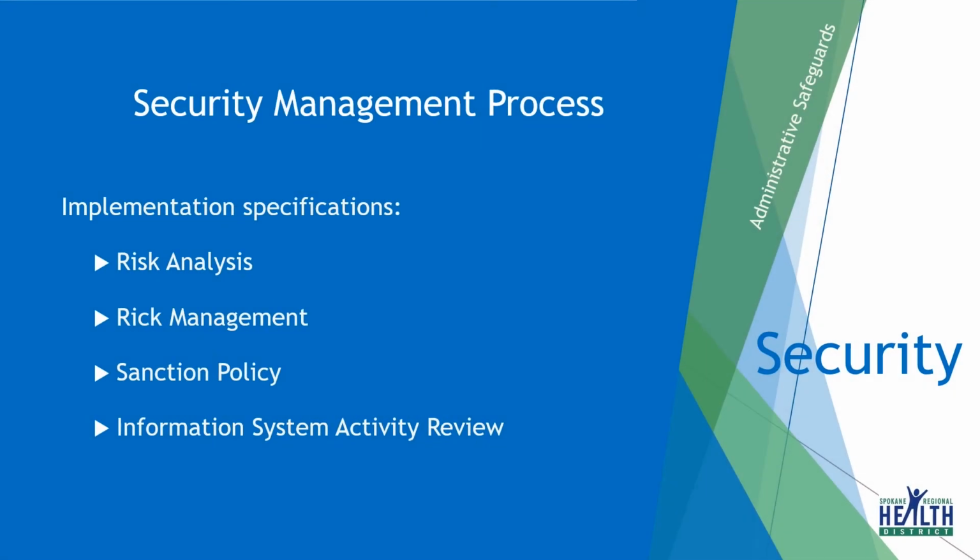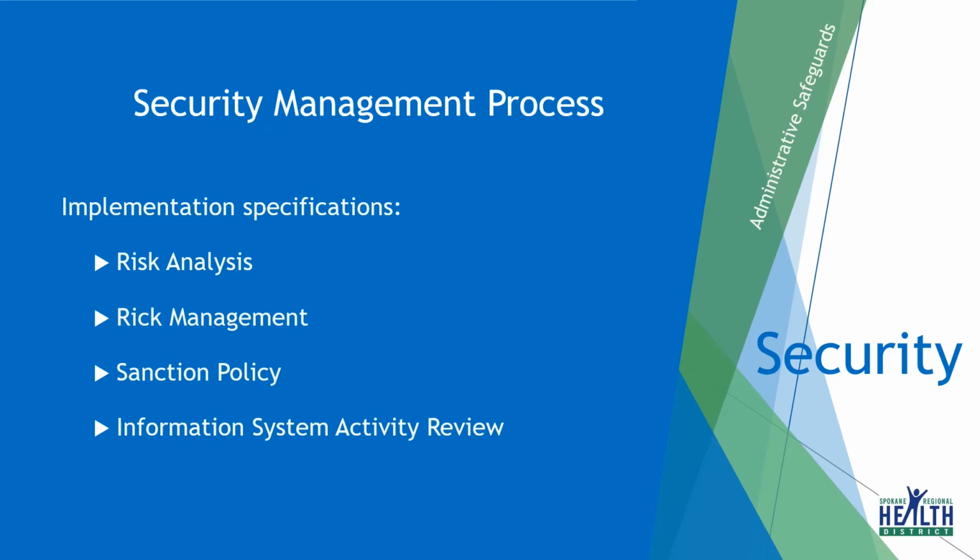There are 4 implementation specifications in the Security Management Process Standard: risk analysis, risk management, sanction policy, and information system activity review. In 2018, SRHD conducted a risk analysis and developed a risk management plan which describes the methods used during the risk analysis, what data was collected, the results of the data collected, and a 3-year work plan to